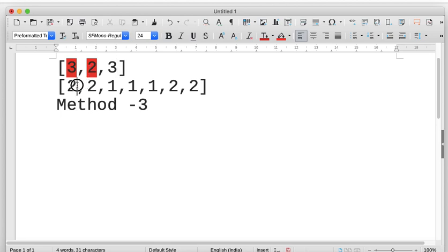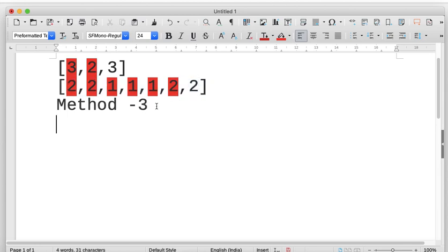If we see this example, this 2 is there once, and for this again there is 1, right? So I can cancel these two out, and again I have 2, and for this I have 1, right? So I can cancel this out, and for this 1, I have another 2 which is different, so I can cancel this out. So finally only 2 remains. Now if you go on checking, 2 is present 4 times, which is more than length by 2. So hence you return 2 as the majority element.